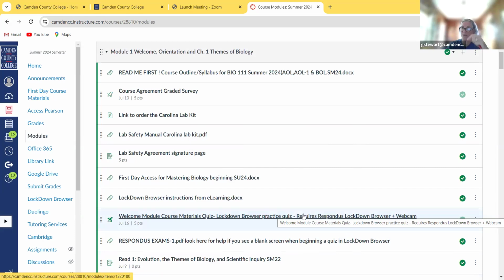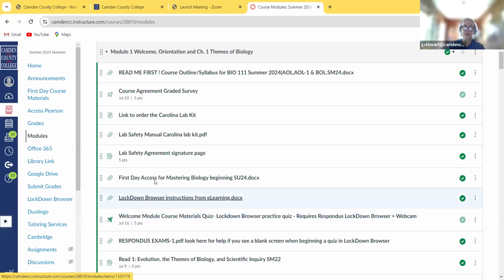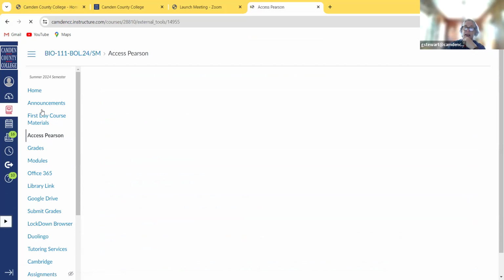You must set up the access on a computer. Please don't try to do it on your phone or a tablet. You will run into difficulties. So you need to follow those directions. And then once you do that, you'll be able to click on the Access Pearson icon here, and it'll walk you through setting up your